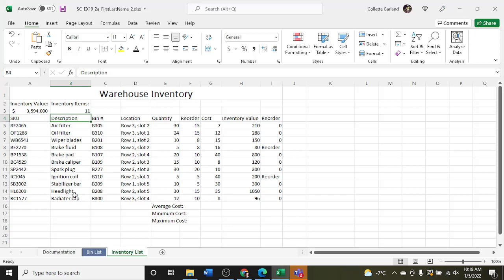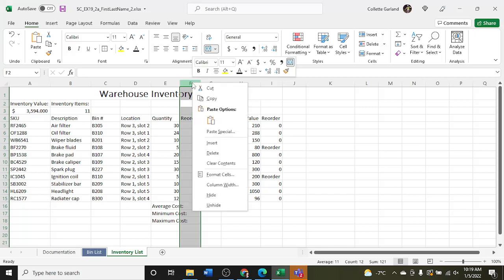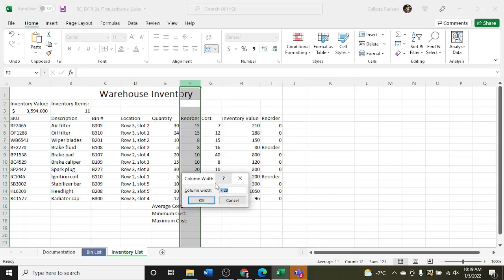Step 10, Shanice wants to display the entire text in cell F4, but format it so it requires less horizontal space. Make this formatting change as follows. A, set the width of column F to 9. So as we saw earlier, we can do that quickly by clicking on the column, right-clicking, and going down to column width, and we can put in an exact number here. So we're going to go 9,